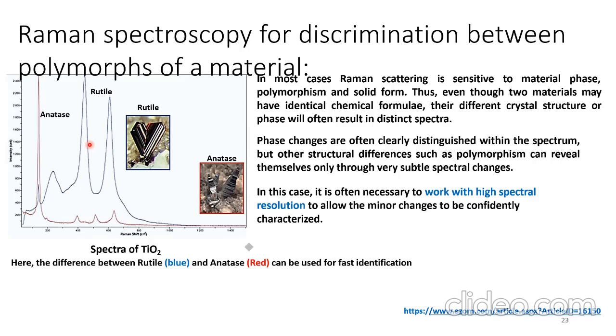Sometimes it happens that when we anneal a material, the phase will vary. Suppose at low temperature the phase was anatase for TiO2, and when they have heated it, the phase becomes rutile. So if they want to optimize the degree of heating, like at what temperature it should be heated to get that phase, that can be checked with Raman spectroscopy.